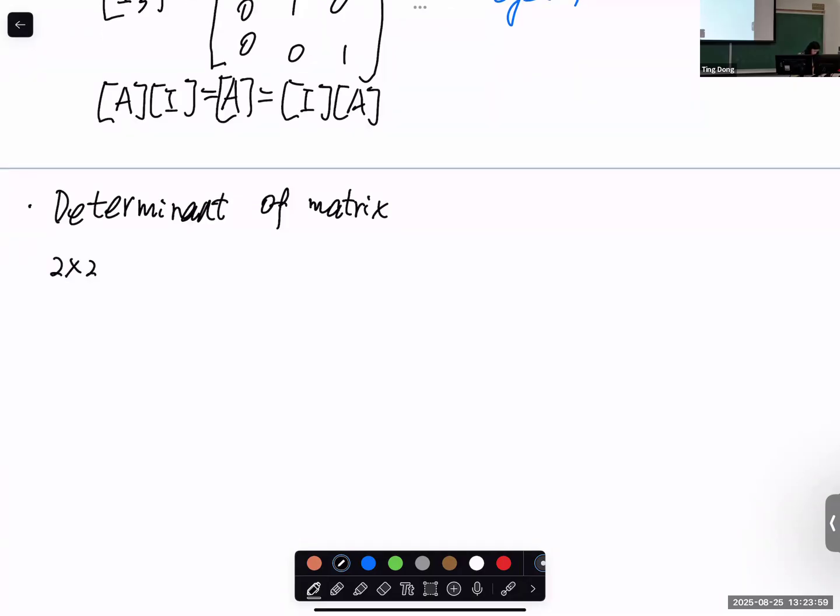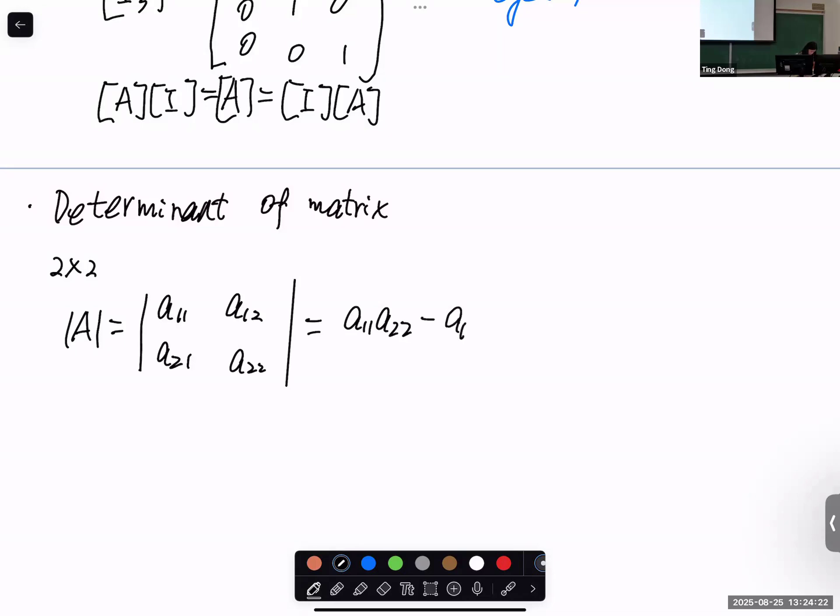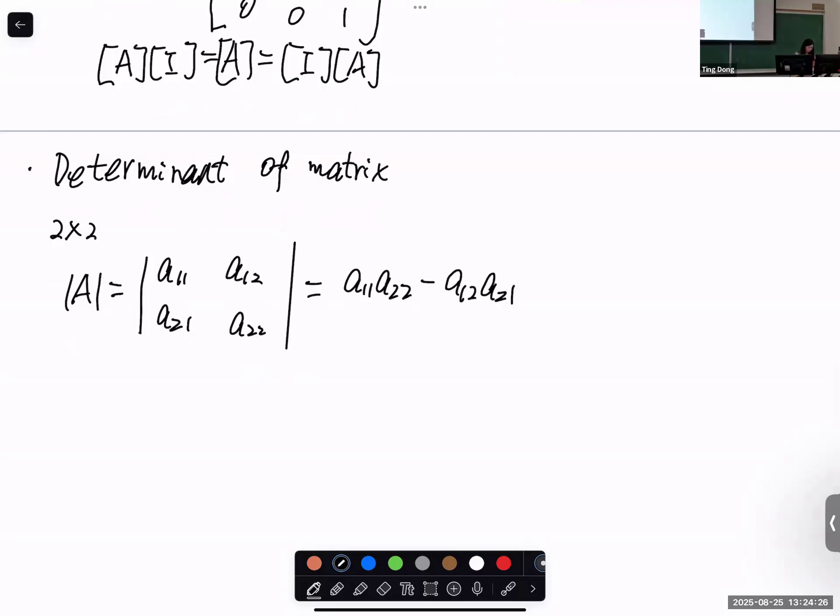So for 2 by 2, let's say we have a matrix with 4 components: 1, 1, 1, 2, 2, 1, 2, 2. Then the determinant of this one equals 1, 1, 2, 2 minus 1, 2, 2, 1. And of course, determinant is a